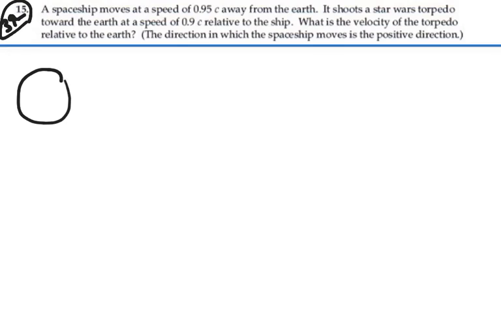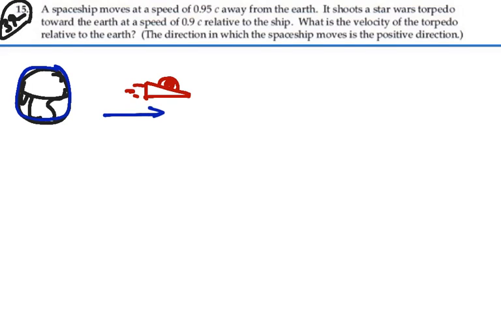All right, so let's take a look at this. Let's imagine here's the Earth. I guess we should have drawn it in blue. And then we have a spaceship moving away from the Earth, and its speed is in the positive direction. And that relative speed is the relative velocity between the two frames of reference. So we have a relative velocity equal to the speed of the ship, which is 0.95 c, and that's positive